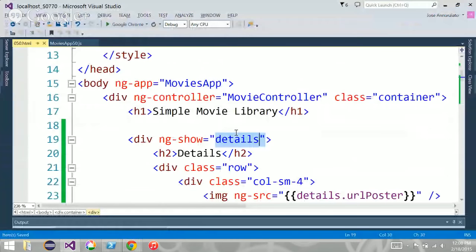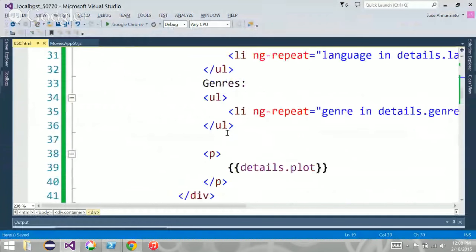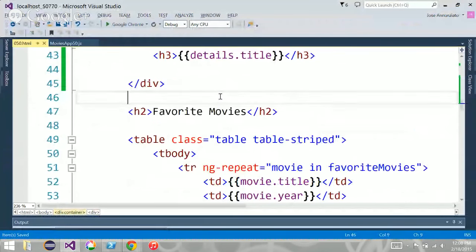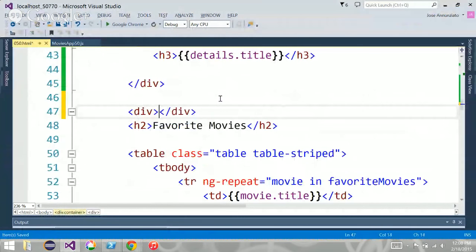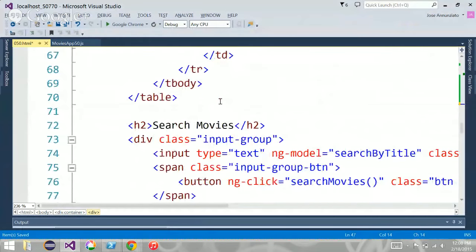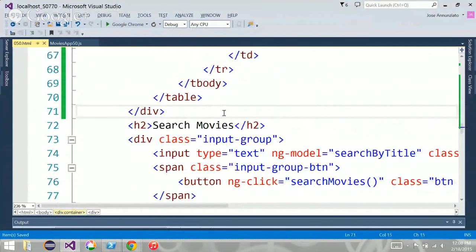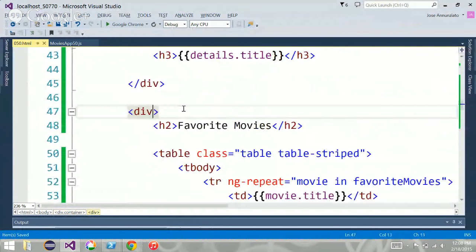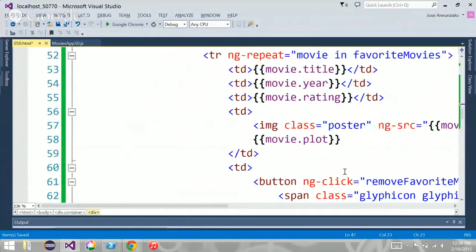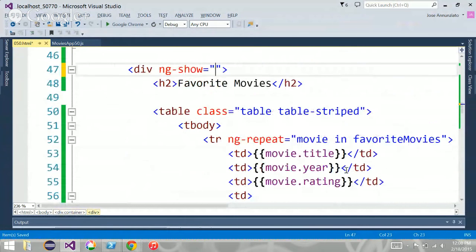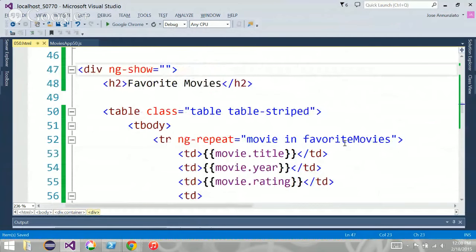And we could probably do the same thing with favorites, right? Not show favorites unless there is a favorites, right? So we could have this div here, right? And just not even show it, right? Unless there's a favorite. So ng-show only if there is a favorites, right? So favorites, the favorite movie. Wait a minute. Repeat for favorite movies, right? So that's the array.